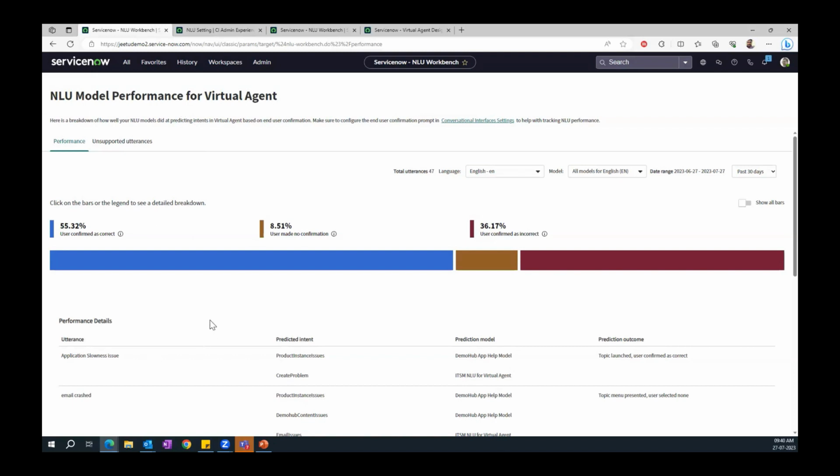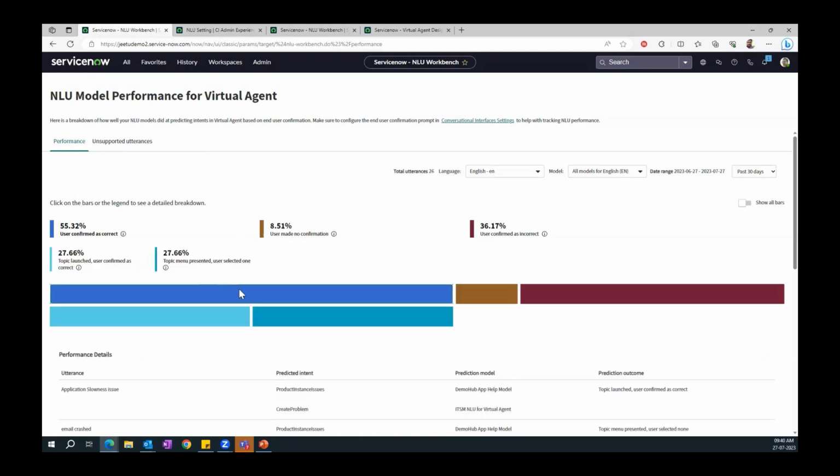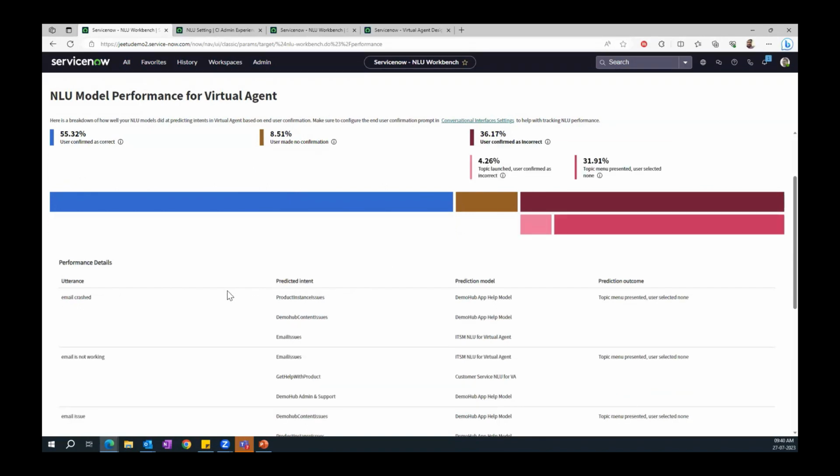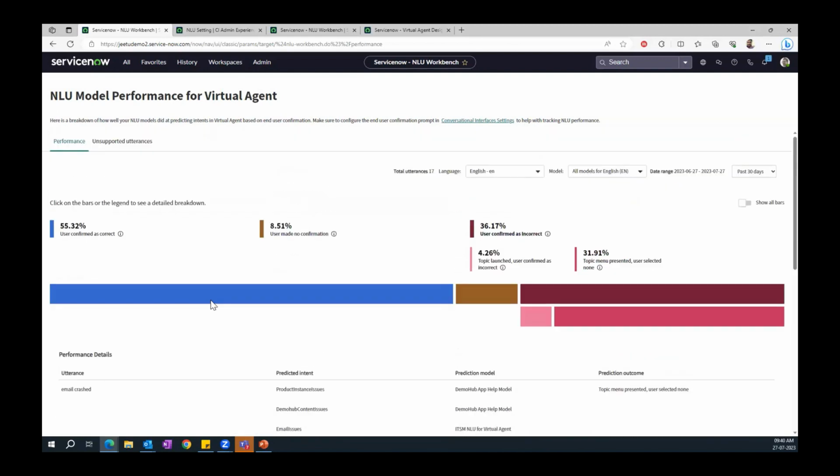I will not go into a deep dive, but yes, you can really filter out your data further. You can see what the unsupported utterances are. You can see which utterances performed well, and which are the utterances where your VA did not predict the right intent. Right? So this is one way. Another way is